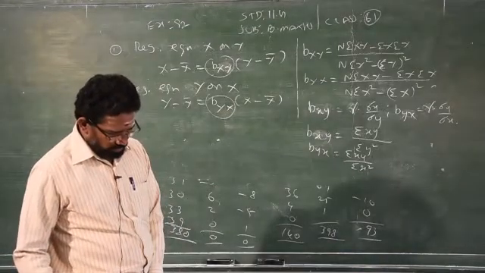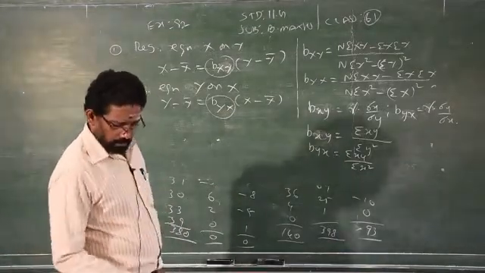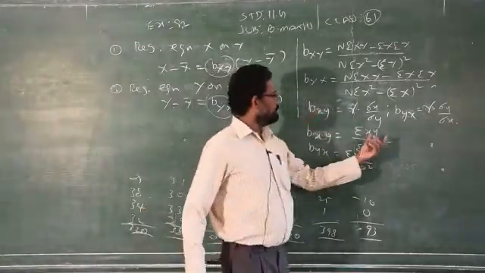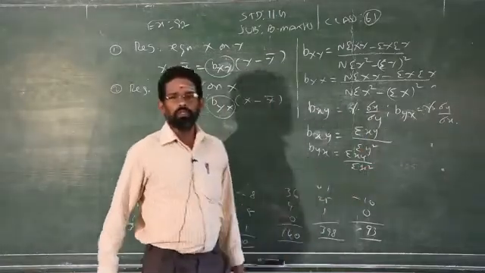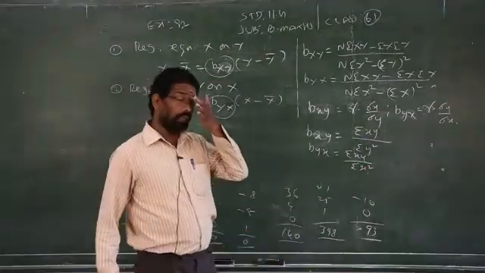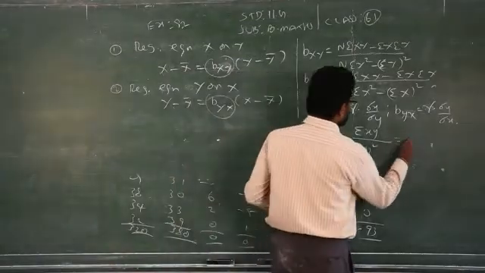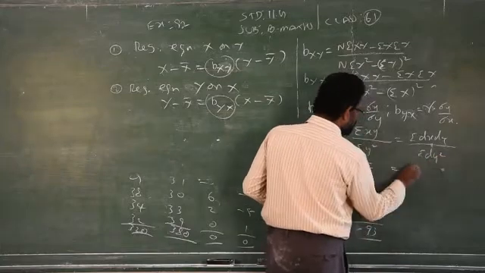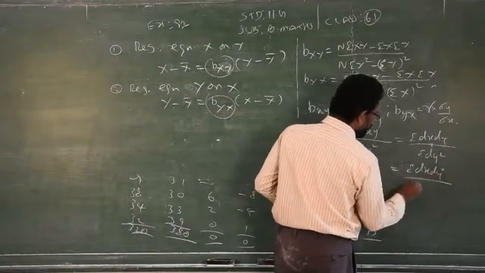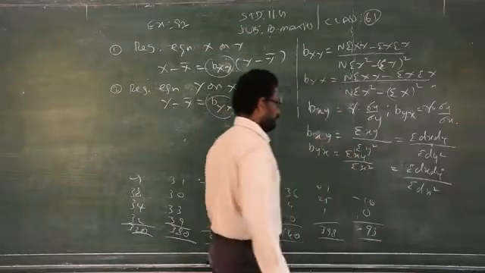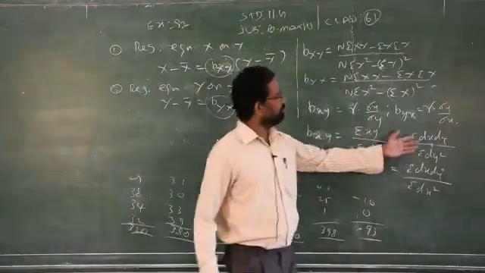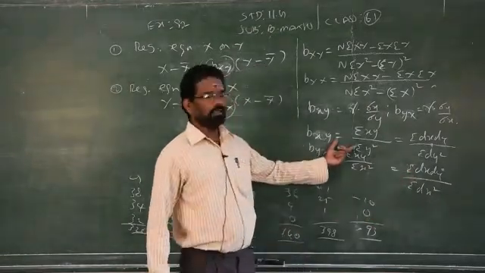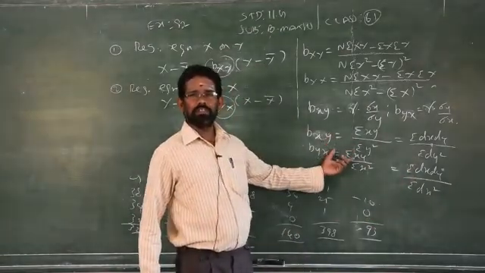So you have to select the formulas depending upon the information. Here I found the tabular column by using the deviation with the mean. In such a case you can take these two. If you take a deviation method with assumed mean, the formula is like that: summation dx dy by summation dy square. This is summation dx dy by summation dx square. Clear? So this is the formula when you use deviation with assumed mean.